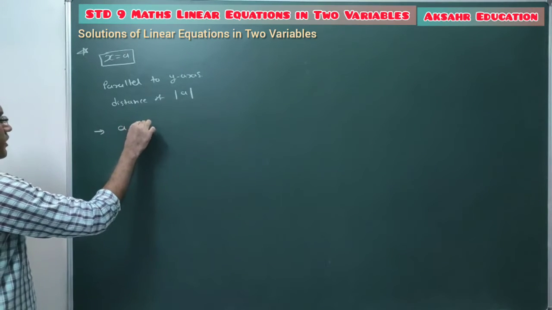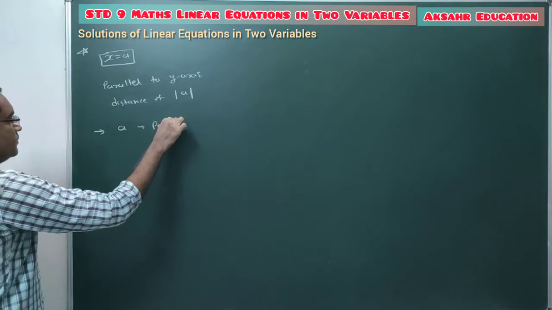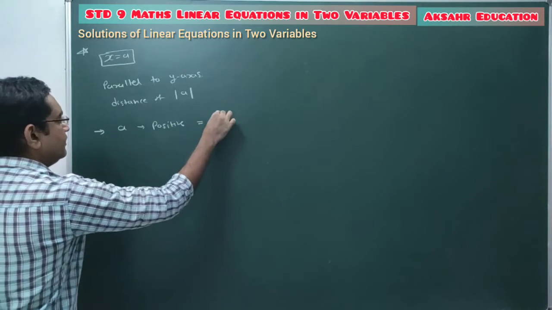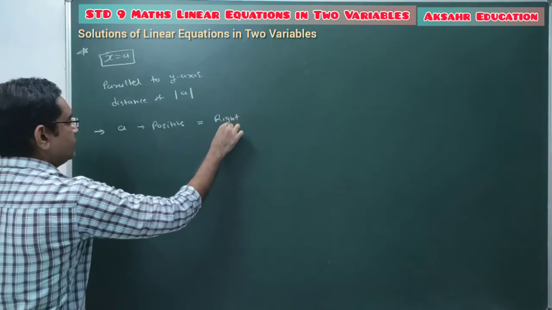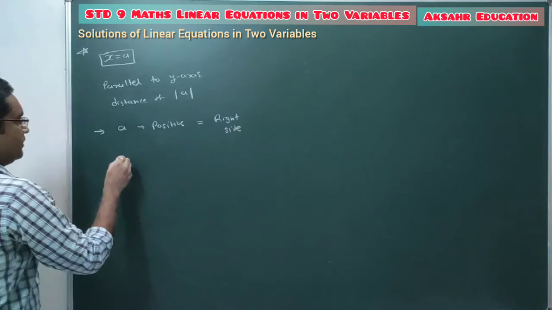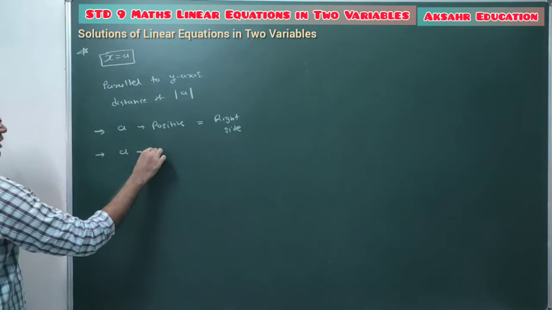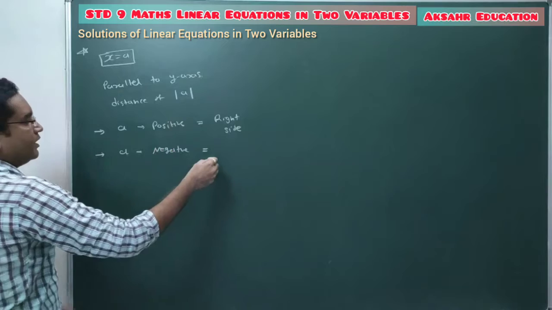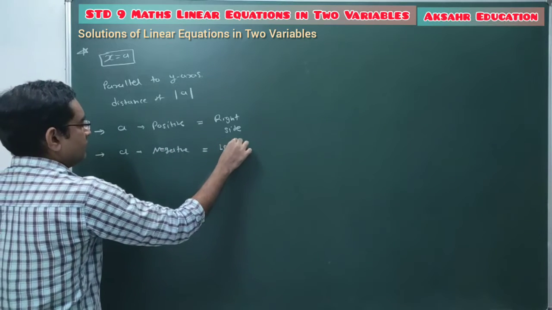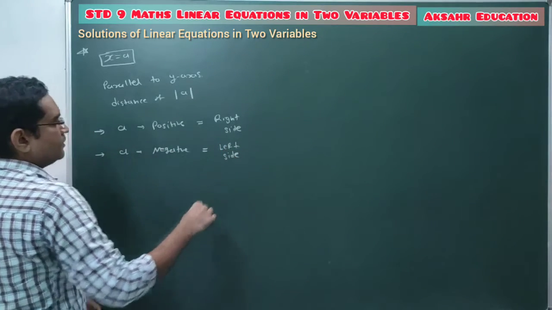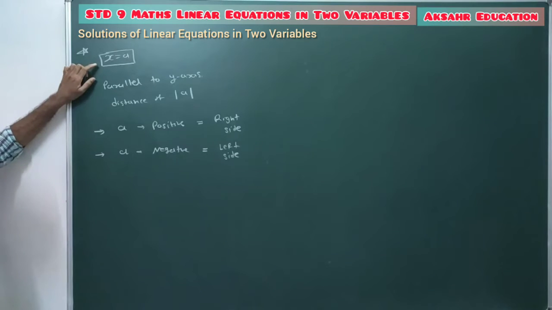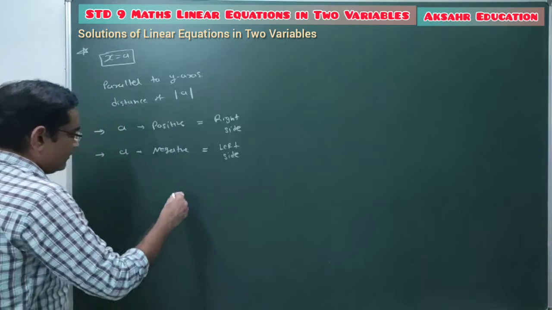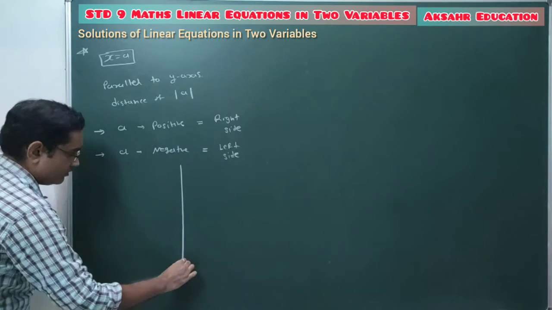If a is positive, then line will be on the right hand side of the y axis, and if value of a is negative, then given line will be parallel on the left side of this y axis. X equal to a is the equation of line which is parallel to y axis. ग्राफ देख लेते हैं उसका कैसे होता है.